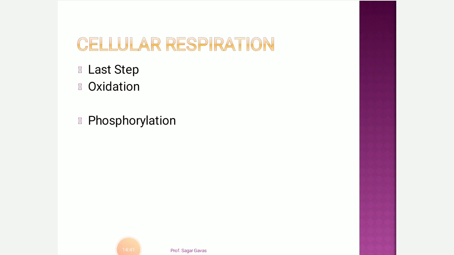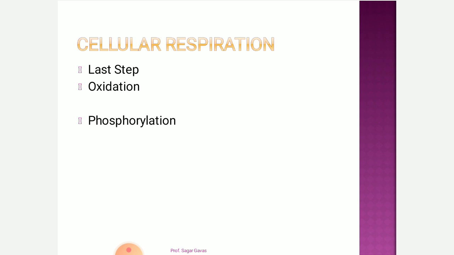Now we are going to discuss the last step of respiration, called cellular respiration. So what we discussed today: we have discussed internal respiration. Internal respiration has two parts, that is transport of oxygen and transport of carbon dioxide. Transport of oxygen is further divided into two parts, 3% by plasma and 97% by RBC. Transport of carbon dioxide is further divided into 7% in the dissolved form, 70% in the form of bicarbonate and 23% by RBC.